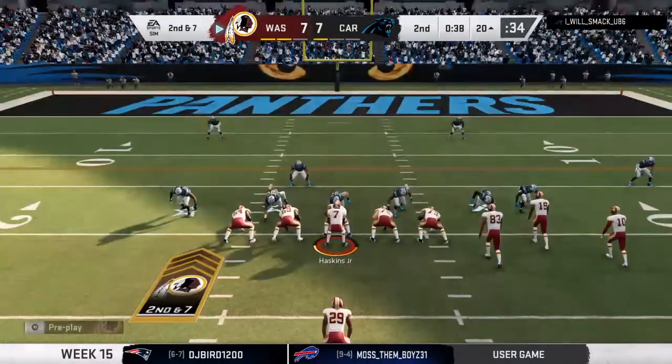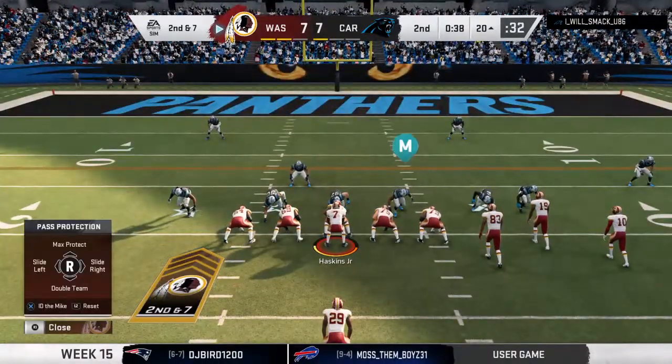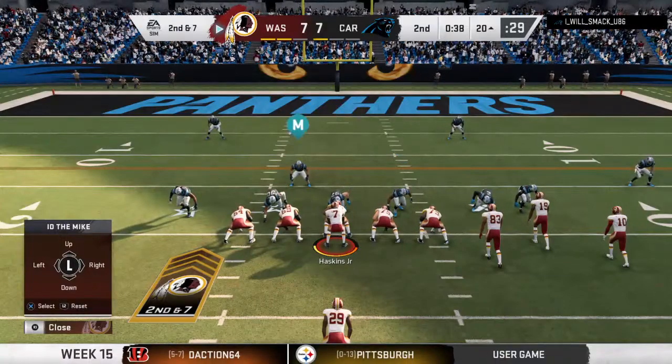Slam, slam, slam. Check 3, check 3. Check 31, check 31. Check